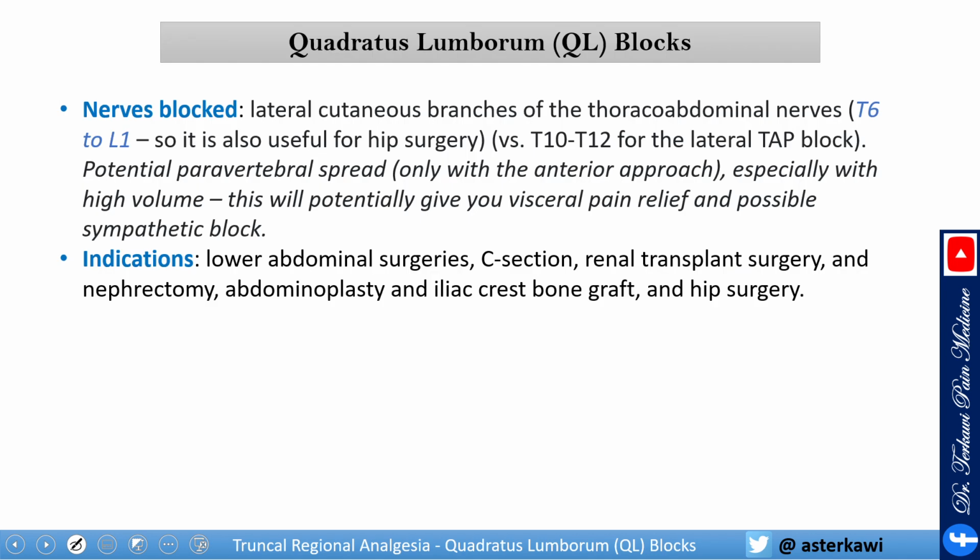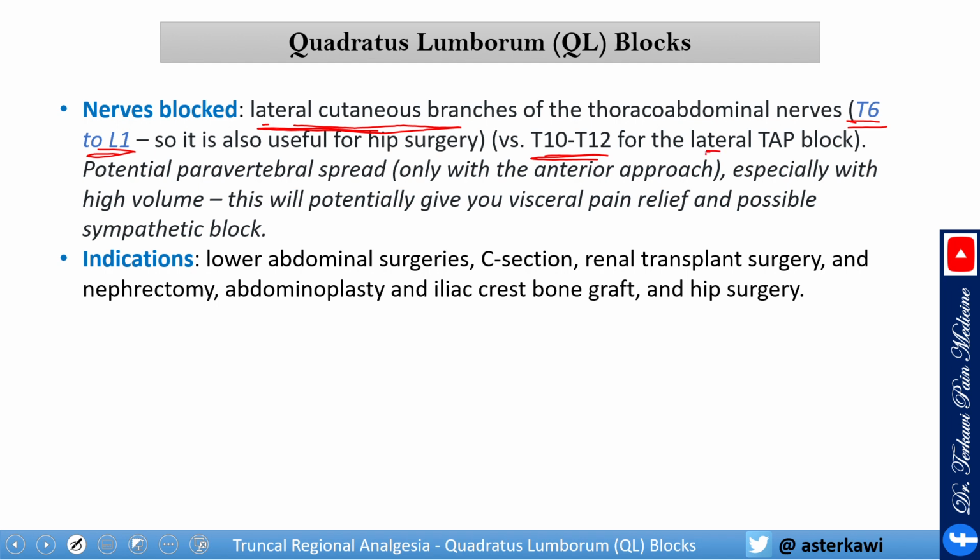Now, what nerves are we blocking here with the quadratus lumborum? This is a very important thing. So again, that's the lateral cutaneous branches. You really cover them very well, of the thoracoabdominal nerves, all the way, depending again on the volume, from T6 to L1. This also becomes useful for hip surgery because now you are covering T12 and L1, which cover the hip, and this is why some people like to use it even for hip replacement, again because it covers T12 and L1. As you see, the advantage over the TAP block is that you have a wider spread,